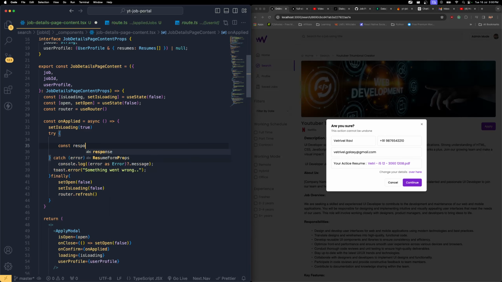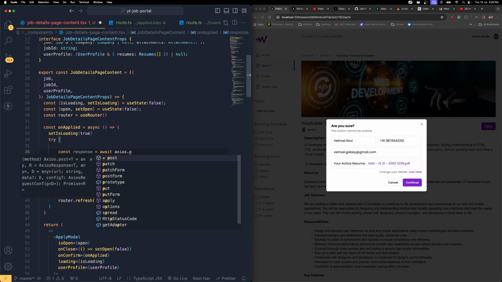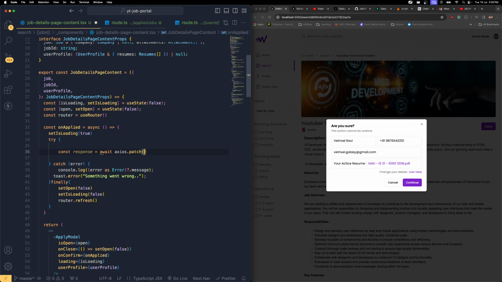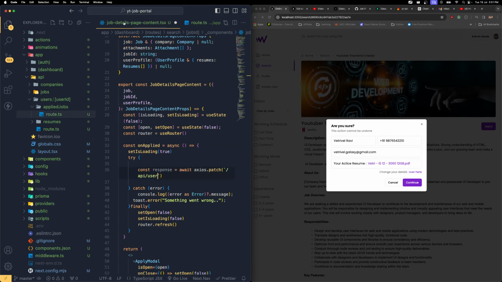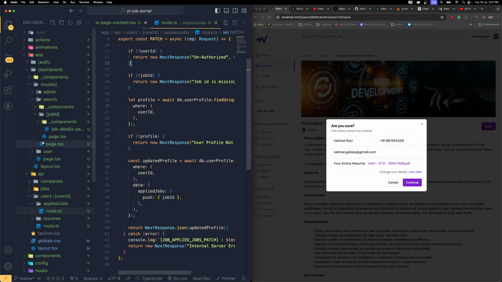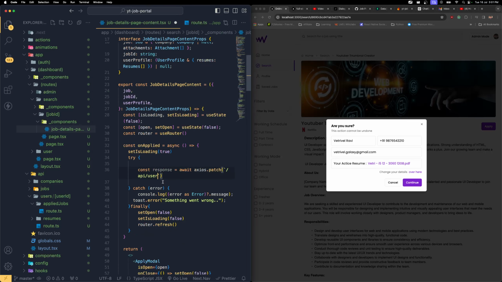So const response is equal to await axios.patch, open it. I'm going to say /api/user, make sure that is where the route is being created, the applied job route. So that route is being created where /api/users/userId/appliedJobs. So this is the place where it's been created, /users/, we need to get that user ID,